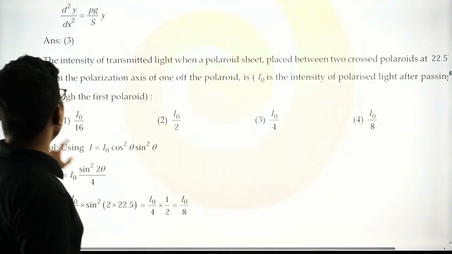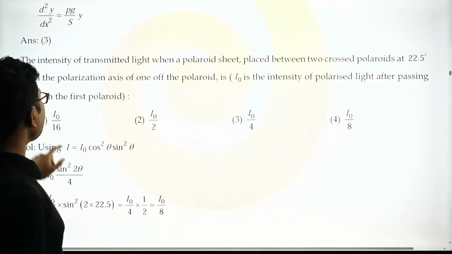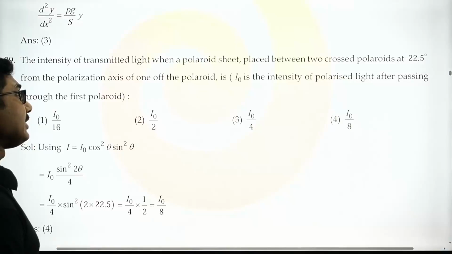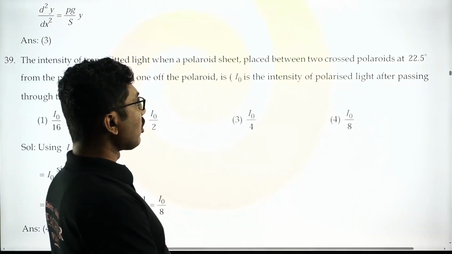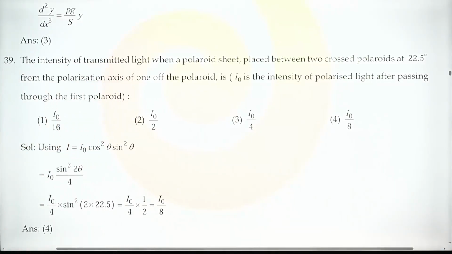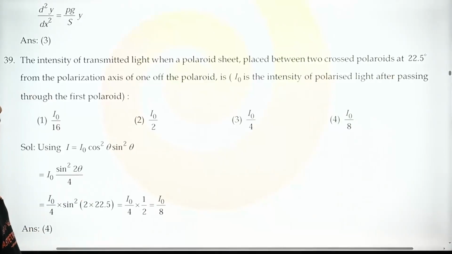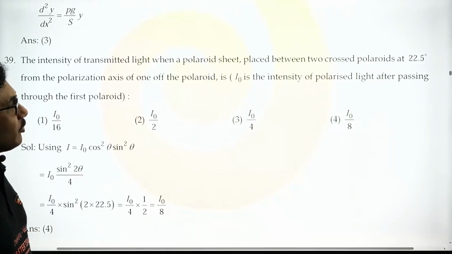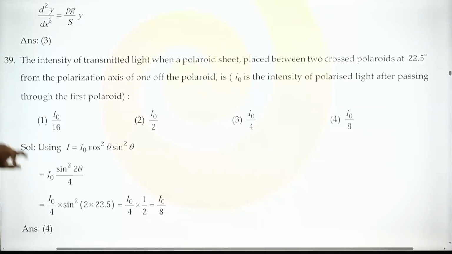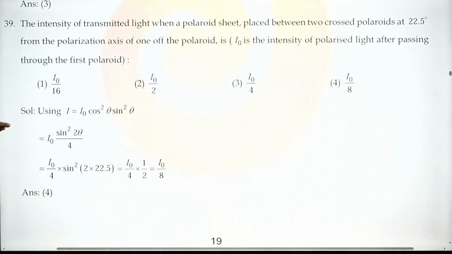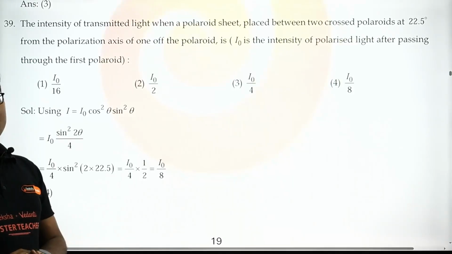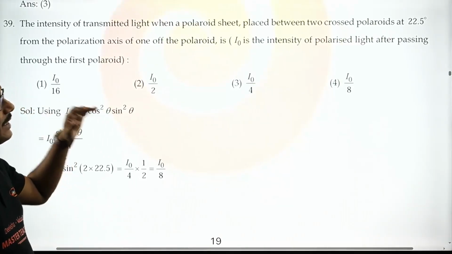Right. The intensity of transmitted light when a Polaroid sheet is placed between two crossed Polaroids at 22.5 degrees from the polarization axis of one of the Polaroids, I naught is the intensity of the polarized light after passing through the first Polaroid. Okay, so again this is the simple formula, because you are using two Polaroids and in the intermediate you are